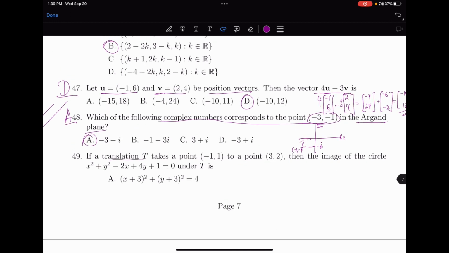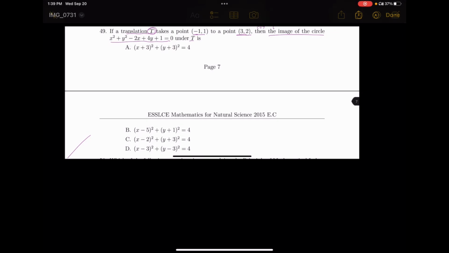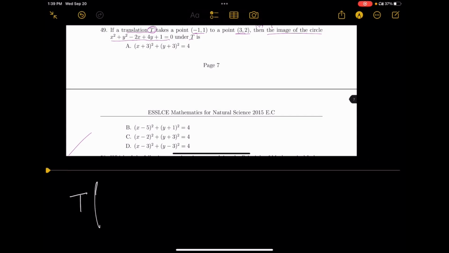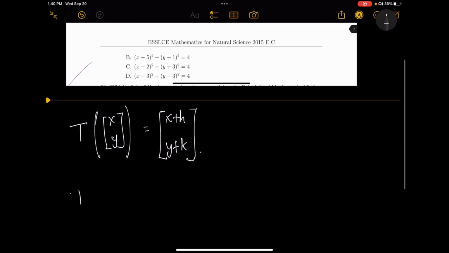If a translation T takes a point negative 1 comma 1 to the point 3 comma 2, then the image of the circle under T is what? Now, there you go. መጀመሪያ ትራንስሌሽኑ ማን ነው? ኦኬ ትራንስሌሽን ማለት on t of x comma y ቬክተር ነው የምንሰጠው። ኦኬ x comma y ቬክተር ይወስድና የሚያስወጣው ቬክተር x comma y ከገባ x plus h እና y plus k ነው የሚያስወጣው። ኦኬ this is what we call a translation።